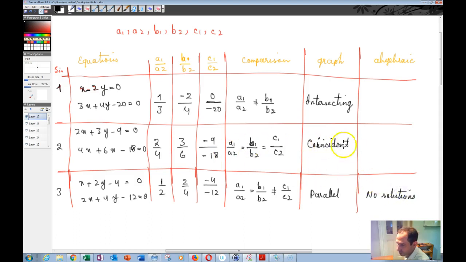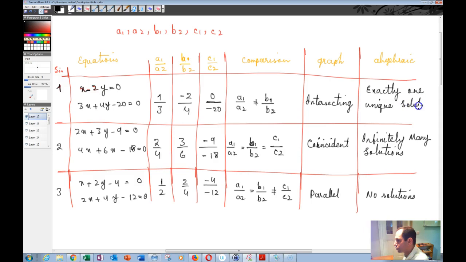In this case, you have infinitely many solutions, and here you have basically exactly one unique solution. Okay,